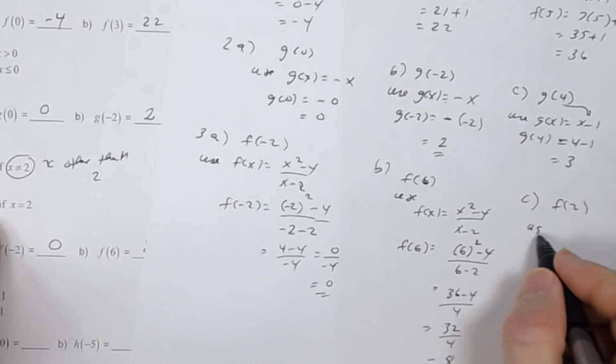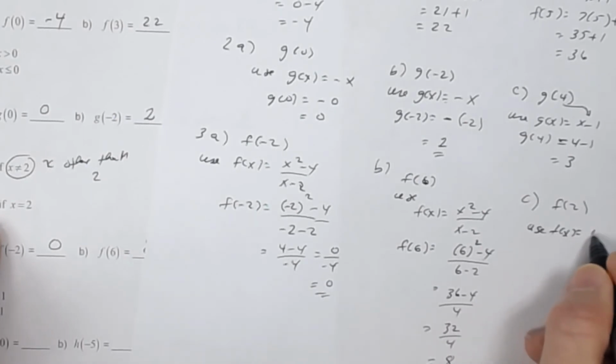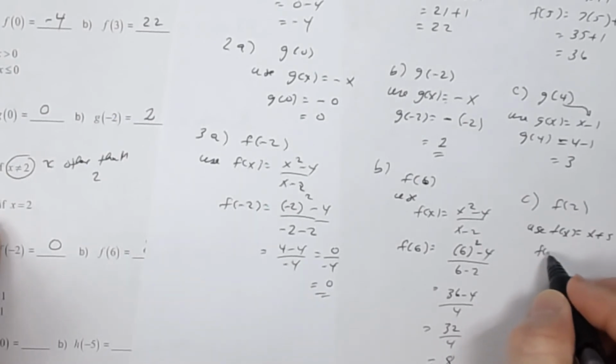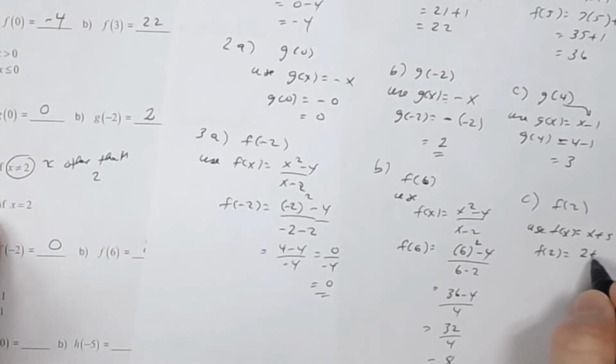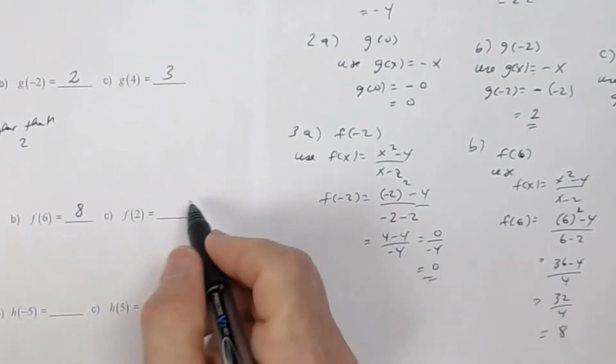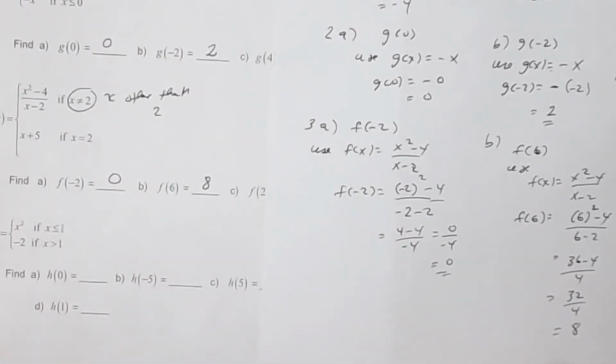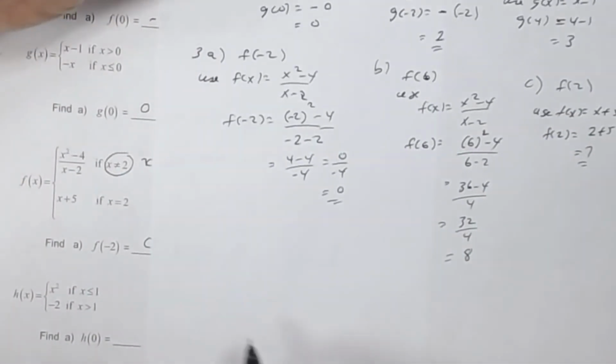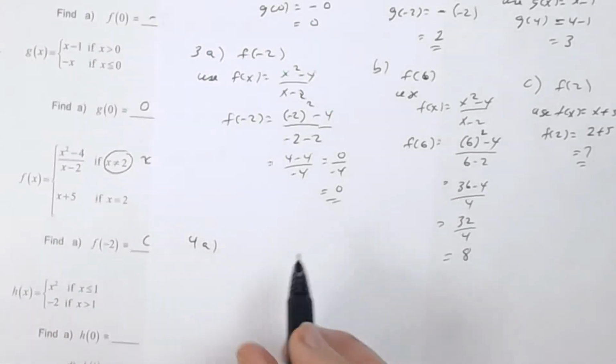So you're going to use f of x equals x plus 5. And so therefore f of 2 will be 2 plus 5, which is 7. So f of 2 is 7. Okay? All right. And then finally, number 4. Okay, so again,